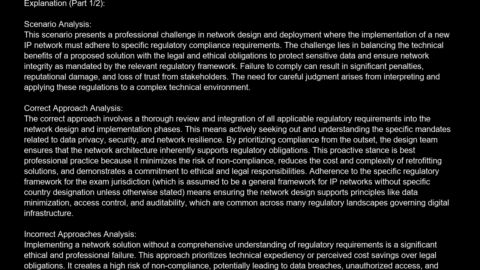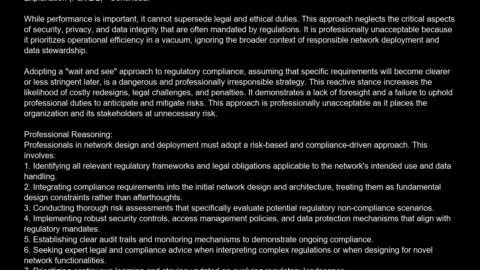Focusing solely on the technical performance metrics of the IP network, such as throughput and latency, without considering regulatory implications, is another form of professional failure. While performance is important, it cannot supersede legal and ethical duties. This approach neglects the critical aspects of security, privacy, and data integrity that are often mandated by regulations. It is professionally unacceptable because it prioritizes operational efficiency in a vacuum, ignoring the broader context of responsible network deployment